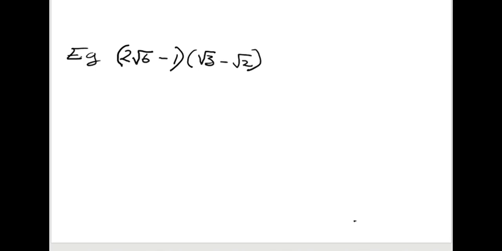Like what I was trying to explain earlier, I hear some people call it the FOIL method. It is multiplying each of these times this same expression, times this, then this times this, times this. So we'll begin with,